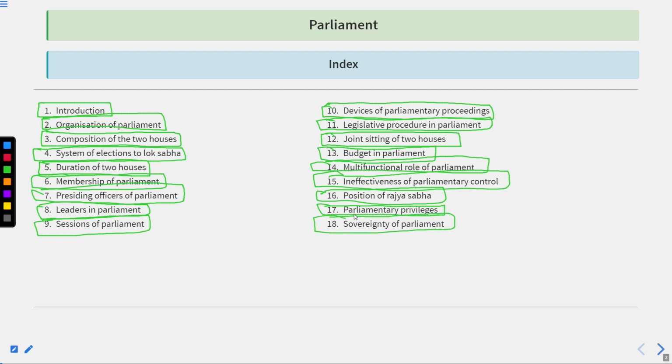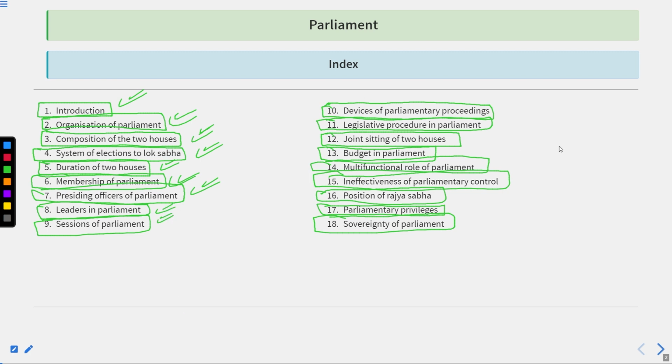So these all are the topics we had scheduled for discussion. If we talk about the topics we have covered so far, okay? These topics are introduction part, organization of parliament, composition of two houses, system of elections to Lok Sabha, duration of two houses, membership of parliament, presiding officers of parliament, leaders in parliament,